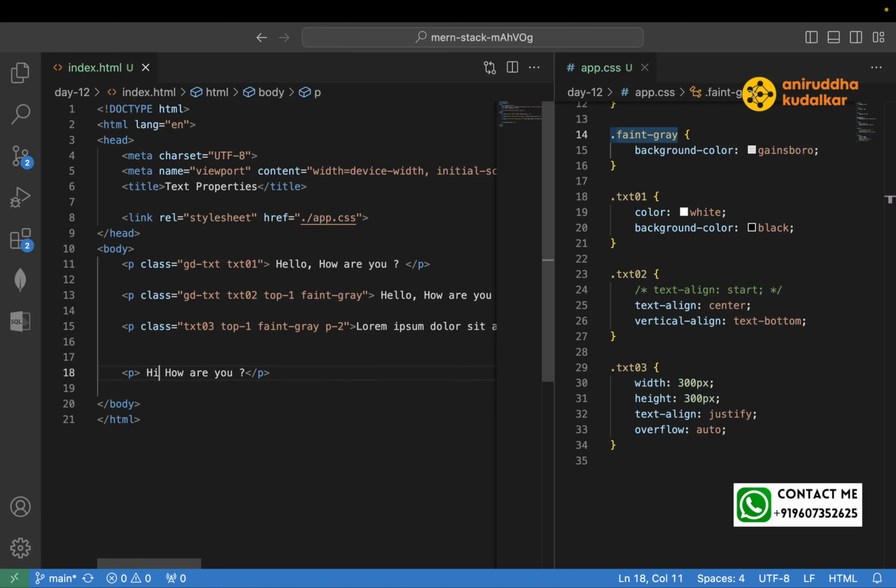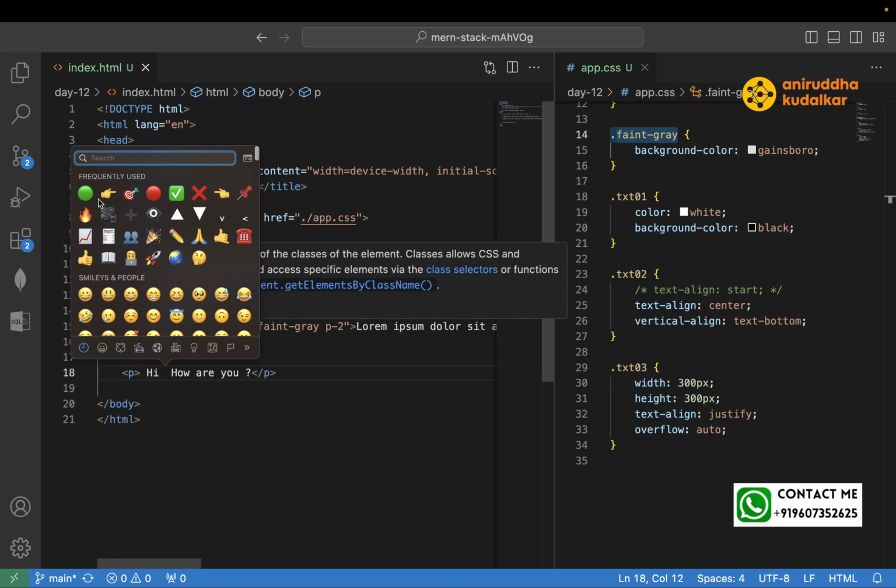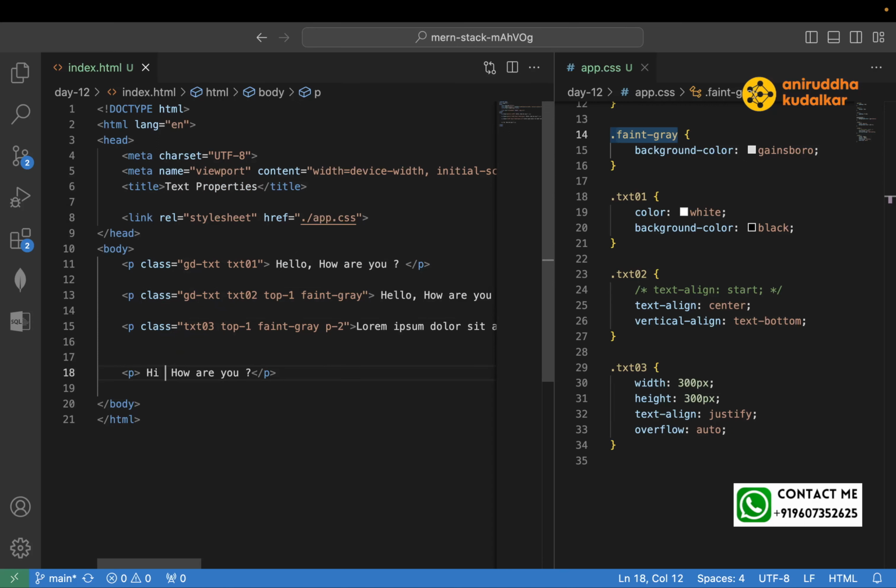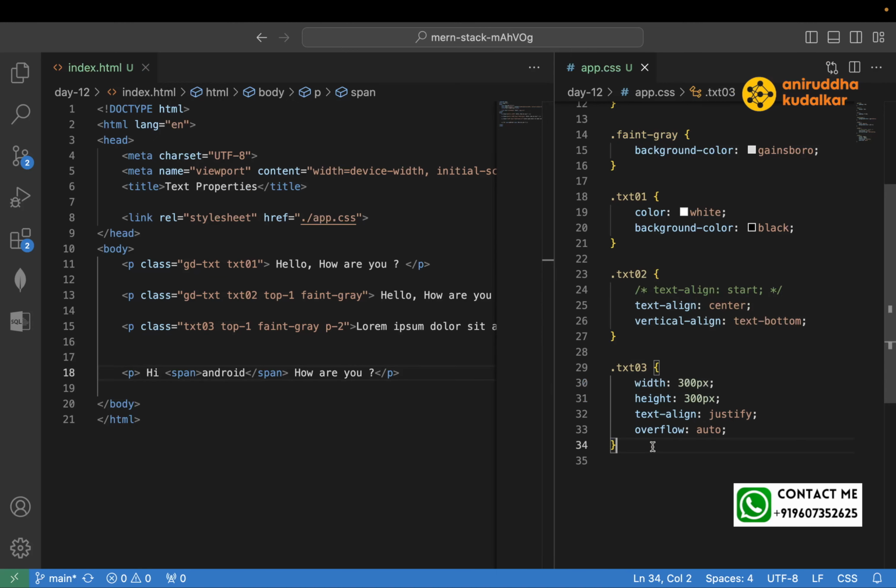And here I can say, let's add some emoji. Or emoji will, hi Android. Let me add this into the span and into the span. I need this into the span and into the span, and